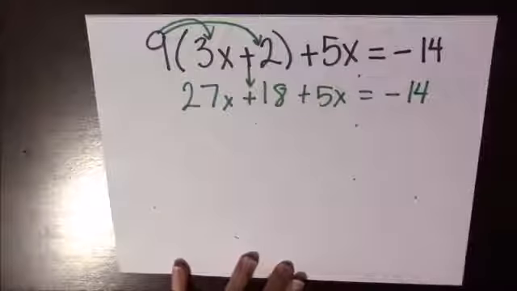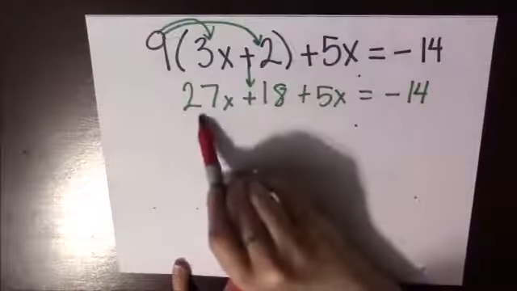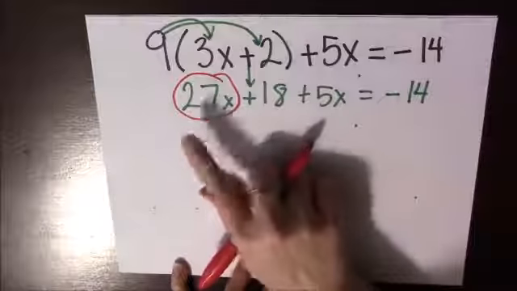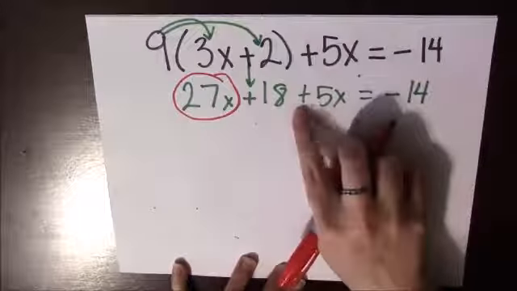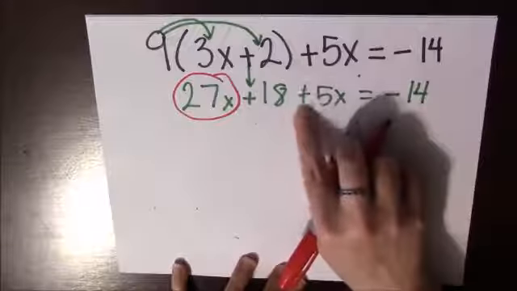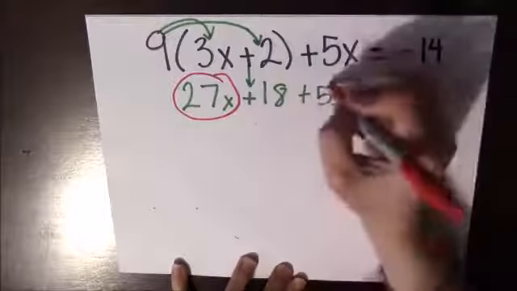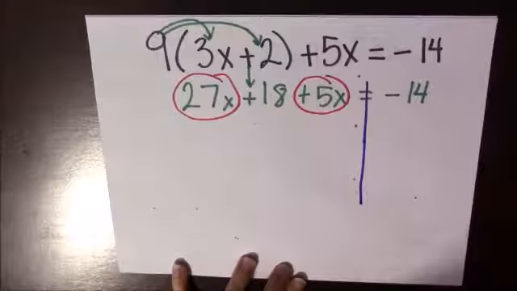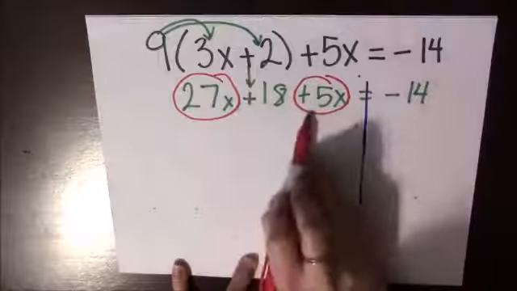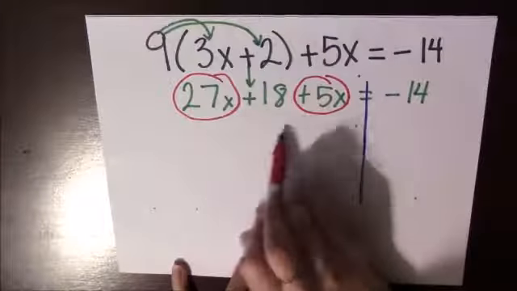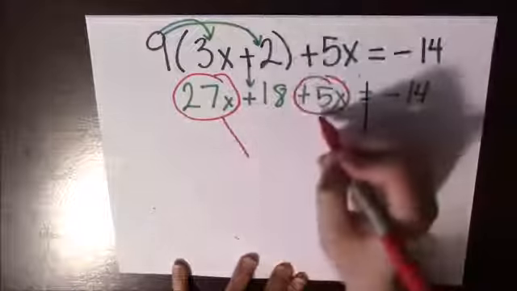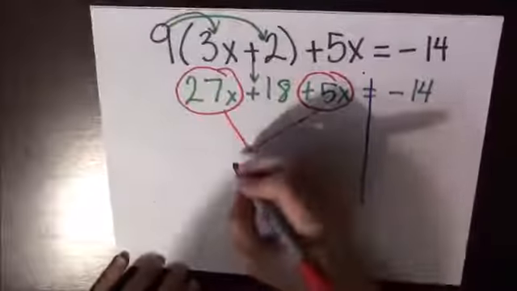So now we solve it just like we've been doing before. We circle our variables and coefficients and draw our river. So here's a variable and coefficient, 27x. Remember, 27 is your coefficient, the number that comes before the variable. Here, don't forget that positive belongs to the 5x. Whatever the sign is before the number, it belongs to it. So this goes together, and then we draw our river. Now, if we look, we have two terms that have been circled, so they can be combined. They're like terms, so we combine them together. They both have x. So now we do 27 plus 5x, which is,